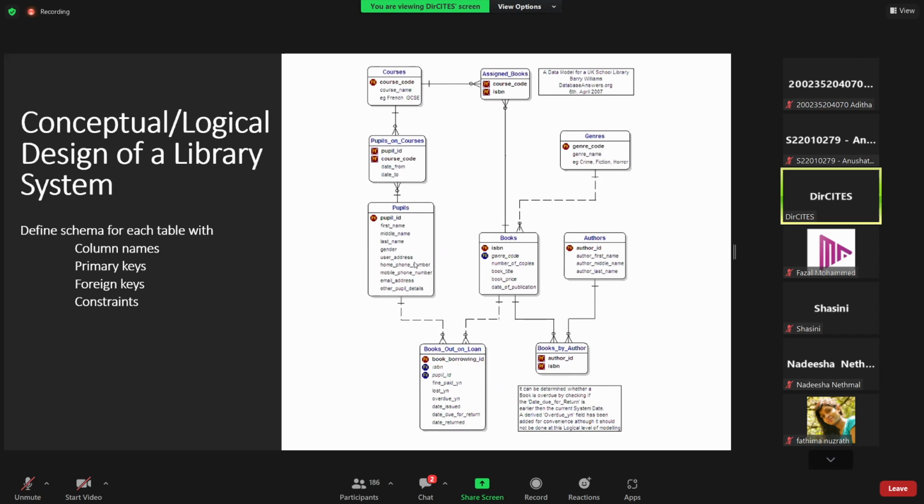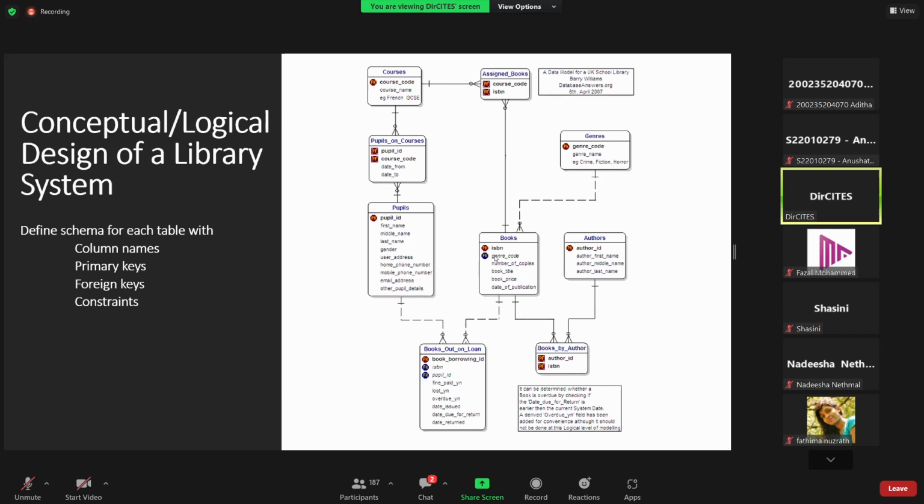Okay, so please go through this diagram when the slide set is uploaded. These are the tables which, in this scenario, are defined for this system, right? This can differ based on the university system. It can have a different set of tables, but still this is a basic general diagram, in order for you to get a basic general idea about a library system,